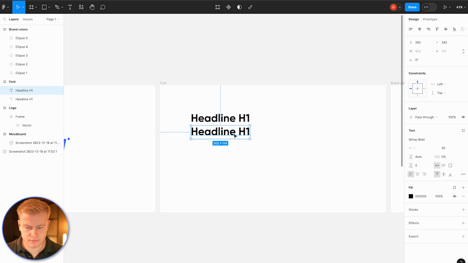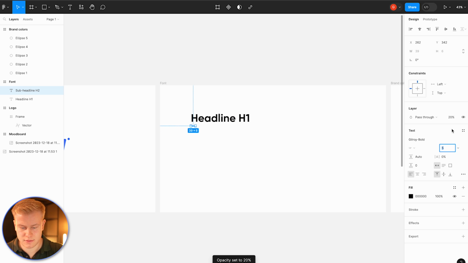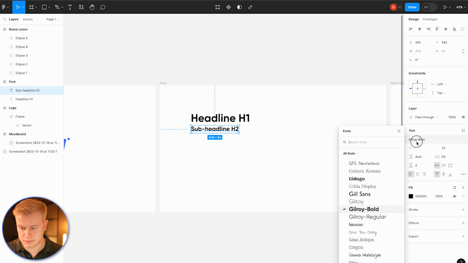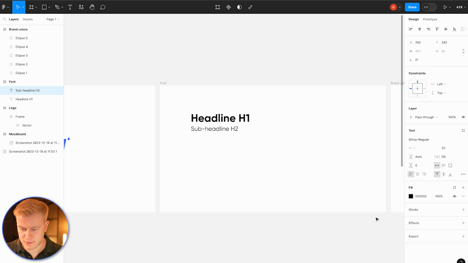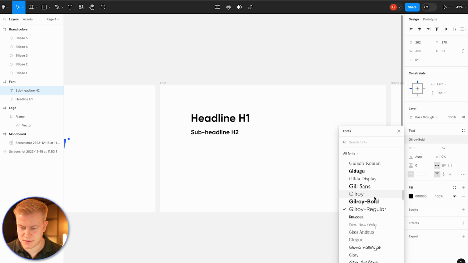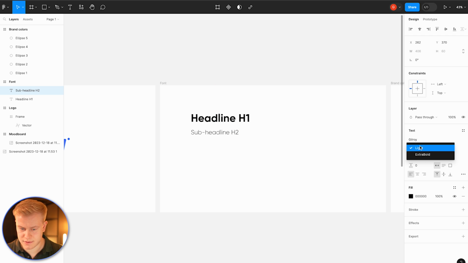H1, we'll use sub headline. Make this 52. This could be regular. I don't think I've licensed Gilroy. You can see I have bold and I got different. Look at this trial font. So we'll use, let's see what I have here. I only have,